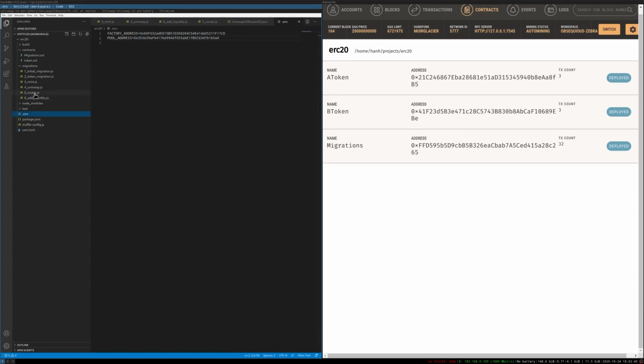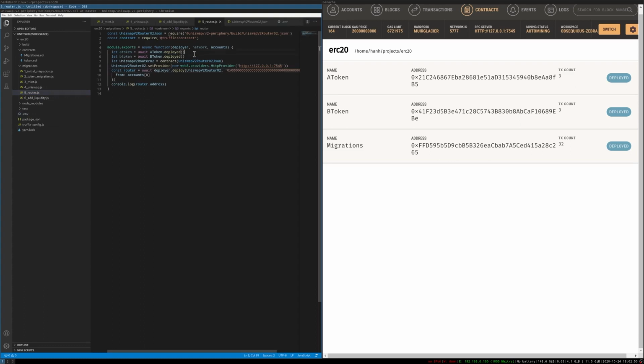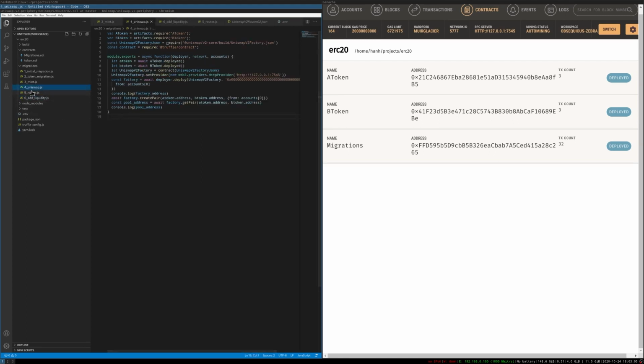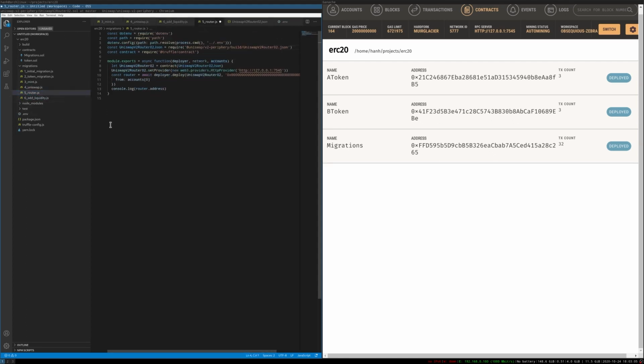So that one here, a token, that guy doesn't need, of course, right? Deployer, and I need the factory address. So that how to use that guy with the command parameters. And then I can replace this one with